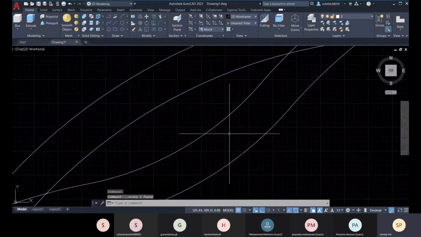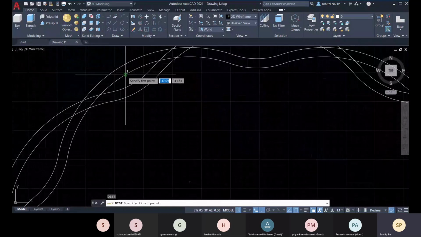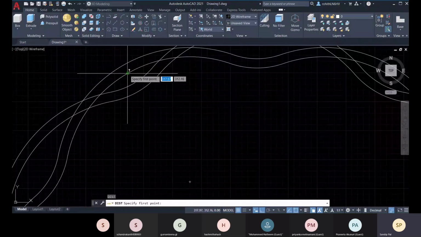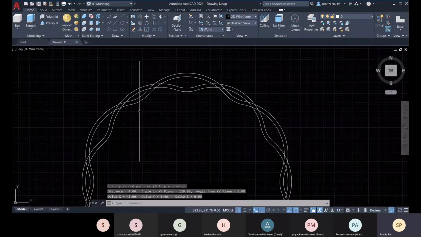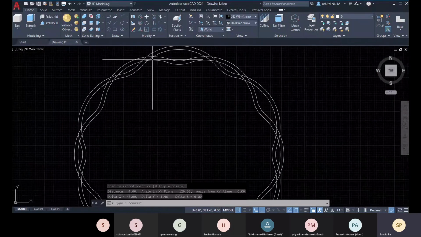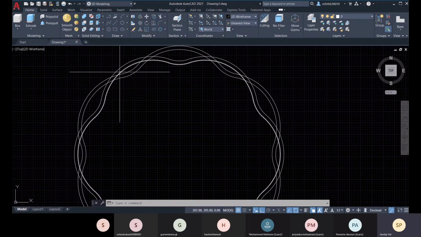We delete that, enter, and now you can check the distance. So that we have. So this way you have to place. Okay. So the procedure is always the same, but the difference between the gap you have to rectify again.